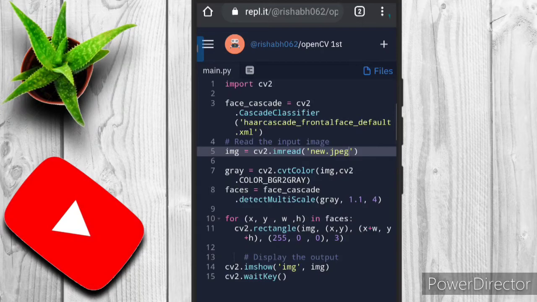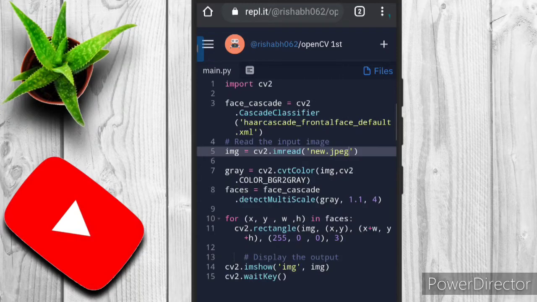We are going to use a rectangular format for it, with a scale of 255, 0, 0 and 3. So it's simple maths. If you practice it, you will definitely understand, and it's very common. You are going to use it for everything, whether you are detecting eyes, pedestrians, or cars, any type. Such kinds of coordinates are used and the codes are the same.